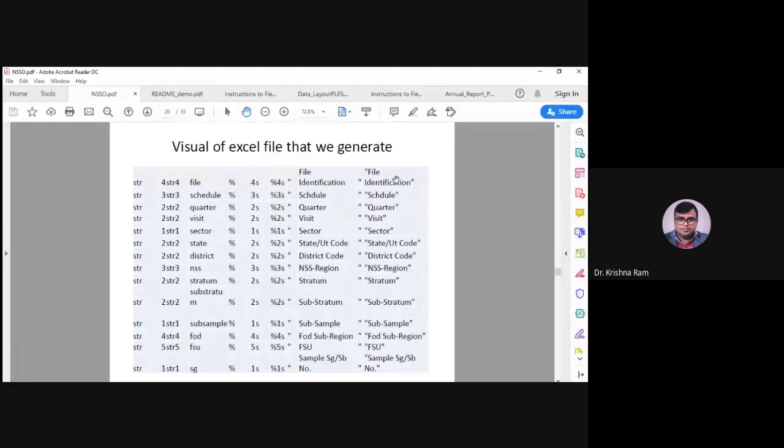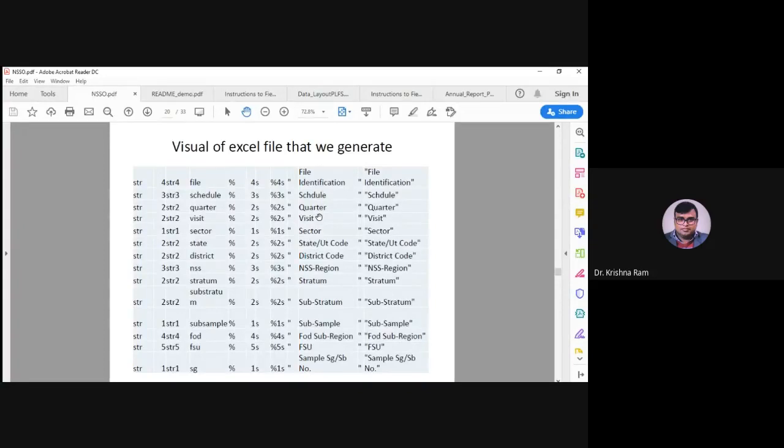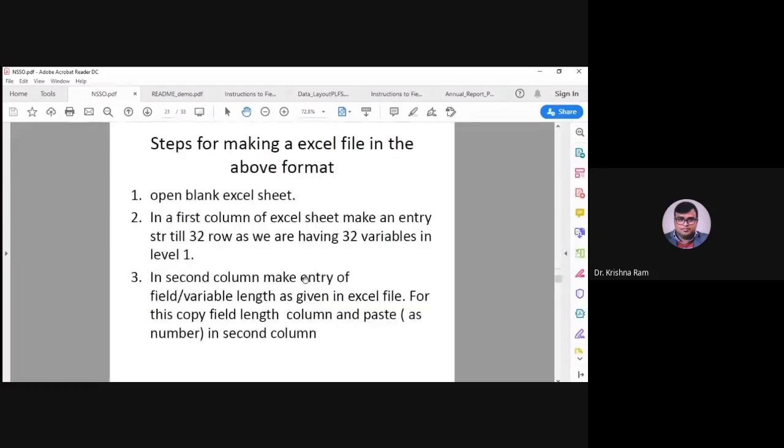And when we do this, making a dictionary file becomes very easy. That means within 10 or 15 minutes, you will be able to make your dictionary file. And once you have command over it, within a few minutes you are able to make your dictionary file. So the steps are written here, and I have detailed each and every step, like starting with opening a